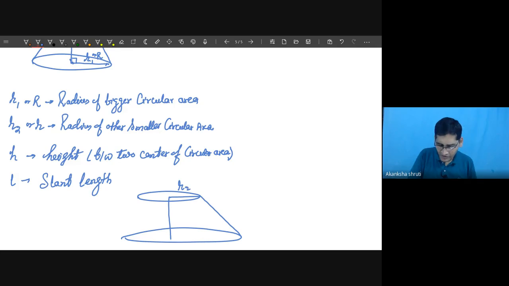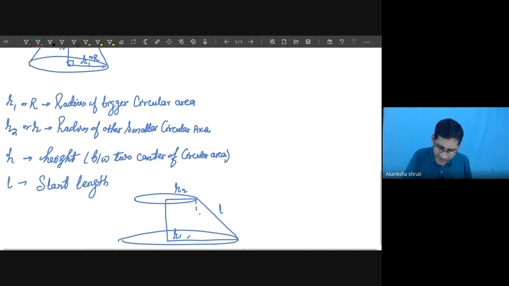It is our R2, it is like our R1. This is the length L. It is perpendicular, so we can take the perpendicular from here to here. This perpendicular length will also be your H,